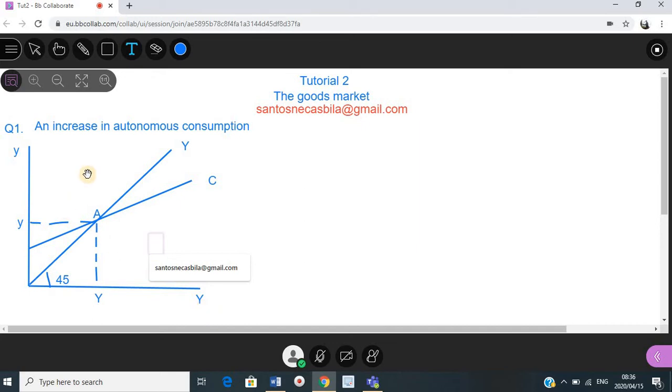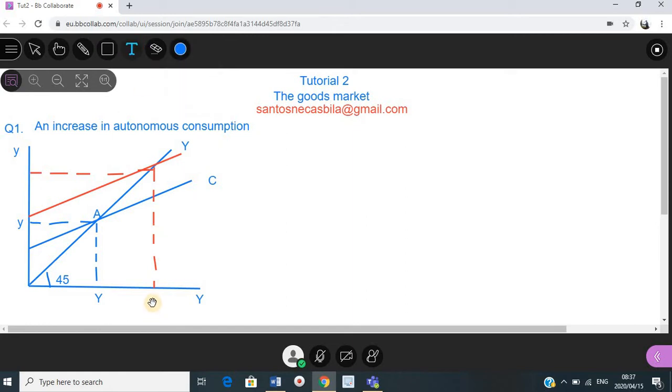So as we can see, an increase in autonomous consumption suggests that we will have to shift our curve upward. I will just write it here. It shifts upward, and we have a new equilibrium income. So in other words, we can say equilibrium income and demand or production increases due to an increase in